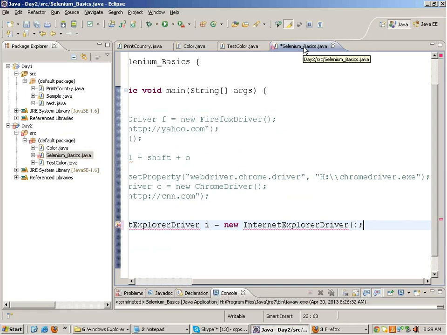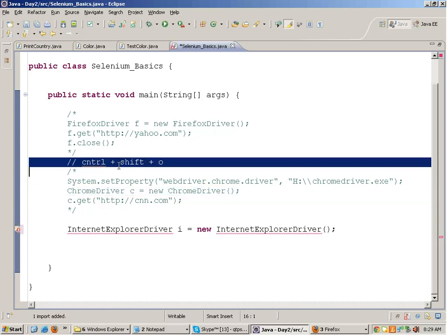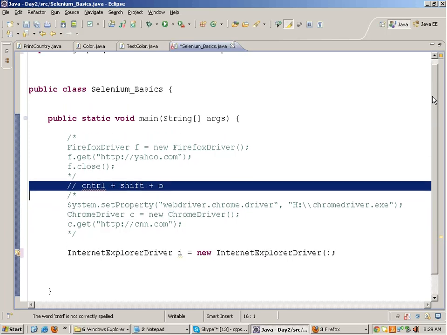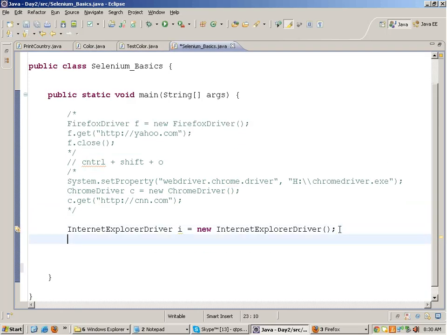Like I am on a server operating system, so I have IE6 with me, but most of you will be having IE8, IE9, IE10 with you on Windows 7 or Windows 8 based platforms. So there is a way to work with Internet Explorer driver. First of all, let me hit Control Shift O of my keyboard so that this class gets imported. See that it gets imported, right? So if I write over here ie.get http qtp selenium.com, if I run this code,